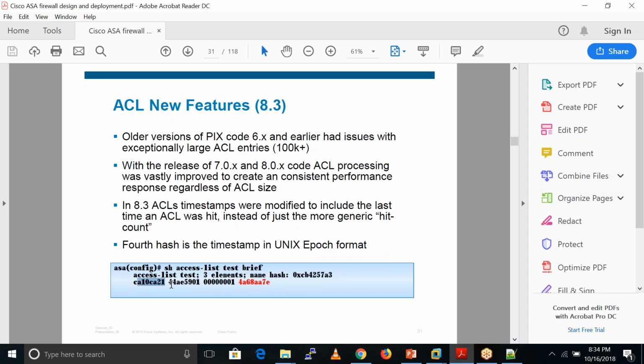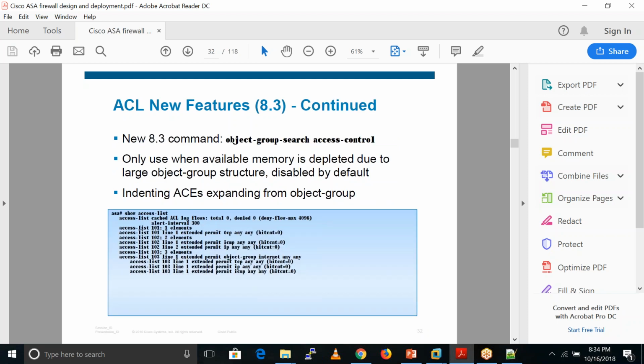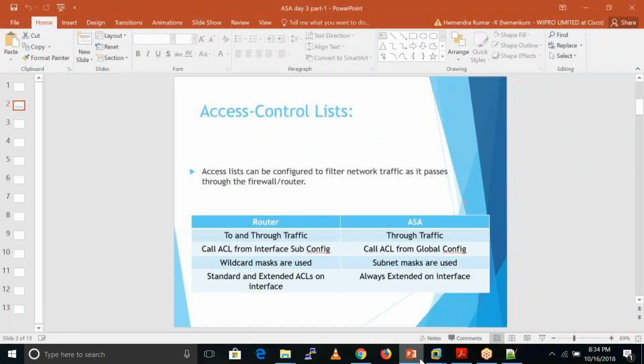Otherwise I will leave these details, because these are hash values related to times, like the last time our rule hit, that kind of information. Now I'll continue with this one.